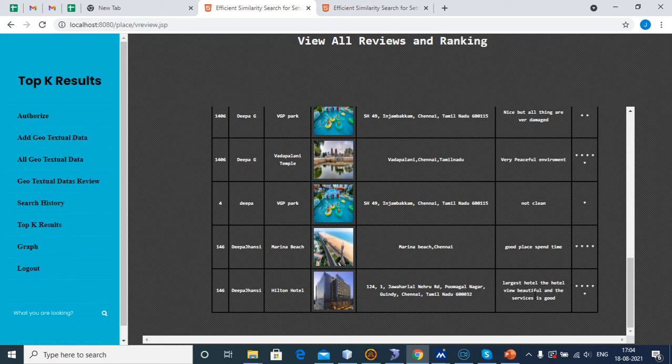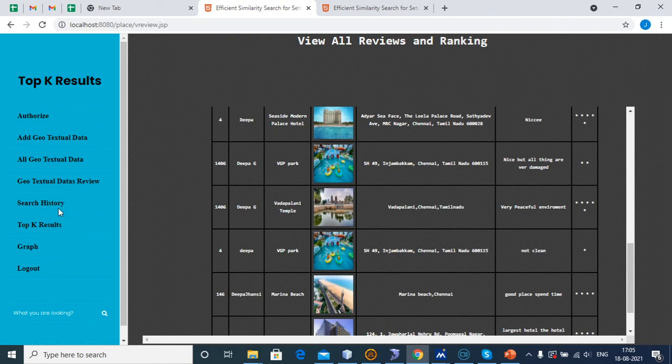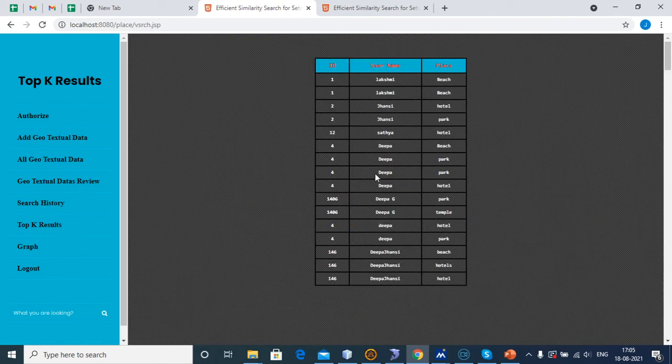Largest hotel, the hotel view is beautiful and the service is good. They gave 4 star and 5 star. Now the user search history. Here Deepa Jhansi searched first beach, next hotels, next hotel. These are the user's search history.